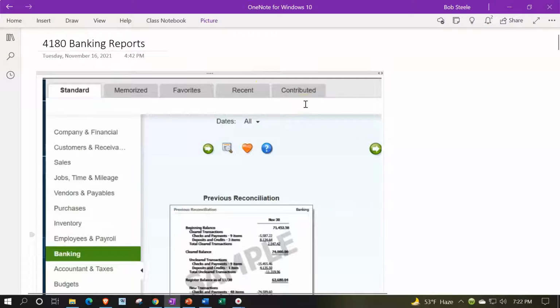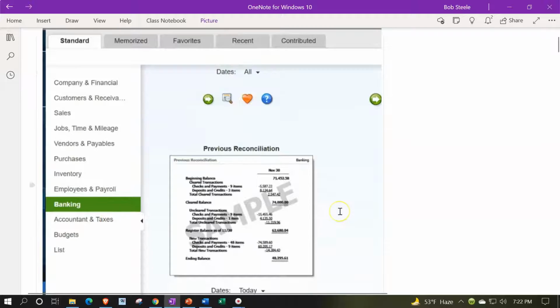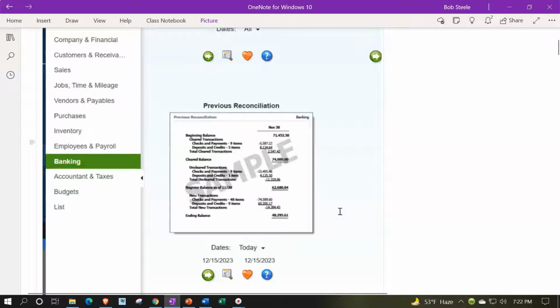You can get to the Report Center by going to the Reports drop-down, first item, Report Center. We're in the Standard tab, Banking section. The most useful report in the banking section is going to be the bank reconciliation. It's a little bit different than any other report that we've looked at, however, because it's not going to be generated and created as we enter data into the system,